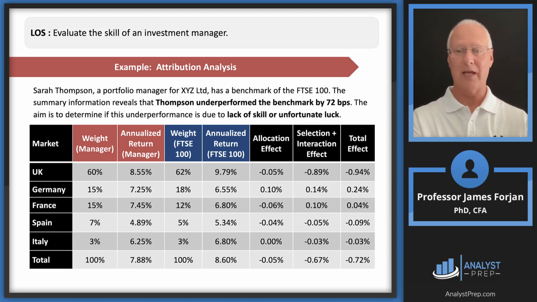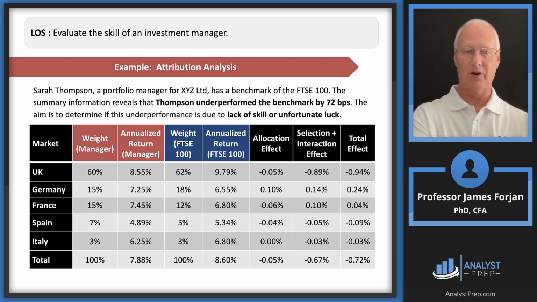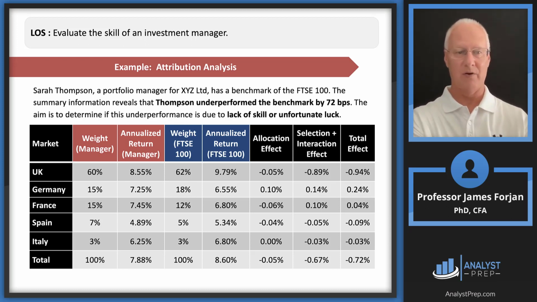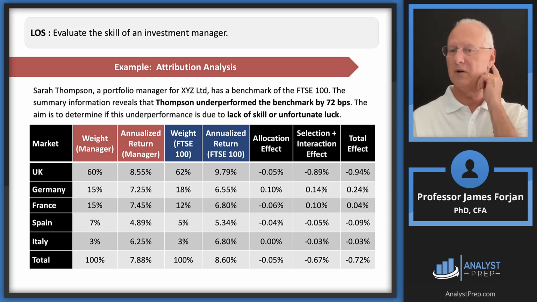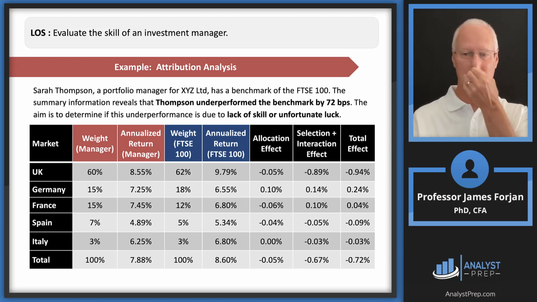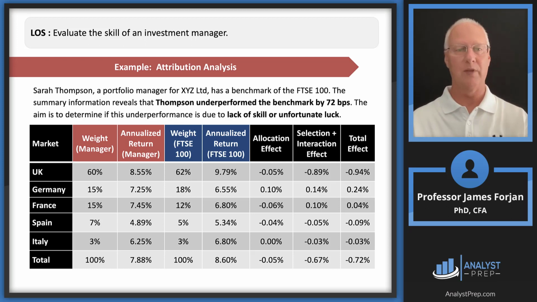So what do we do? Allocation, our decision to over or underweight, that just lost us 5 basis points. But our selection of the individual securities inside of those 5 markets, that lost us 67 basis points. Now, of course, there's an interaction. What did I call that back in part 1? A kind of a spillover effect. So that leads us to the 5 and 67. Of course, they sum to